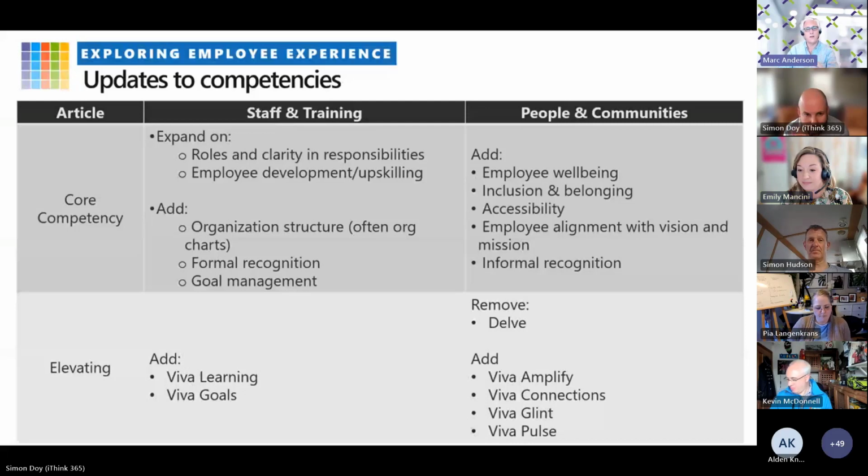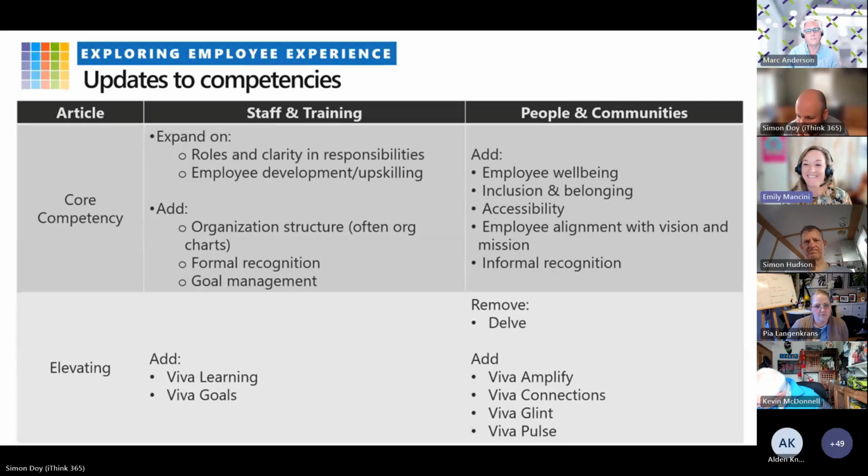Absolutely. What you're seeing here is some of that sausage factory stuff that Emily alluded to, where we as a core team are talking to each other all the time about, well, did we get this right? Should we adjust this? Should we add a competency? Should we subtract a competency? So it's an ongoing thing, and we're always looking for your input.